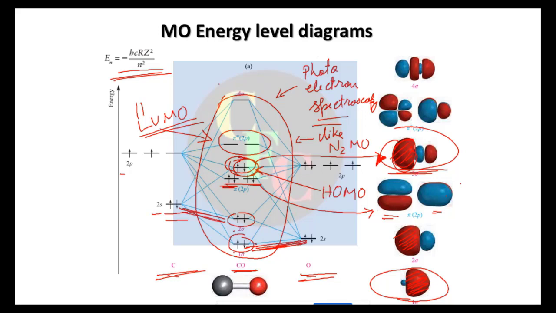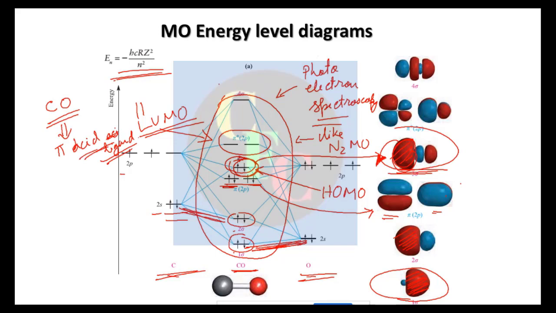Now what to think of this? Why do we take the example of carbon monoxide? Carbon monoxide is considered a very strong ligand. When we study the crystal field theory, we will see that this induces very large crystal field splitting, right? So this is actually called a pi acid ligand, right? Why are they called pi acid ligands?